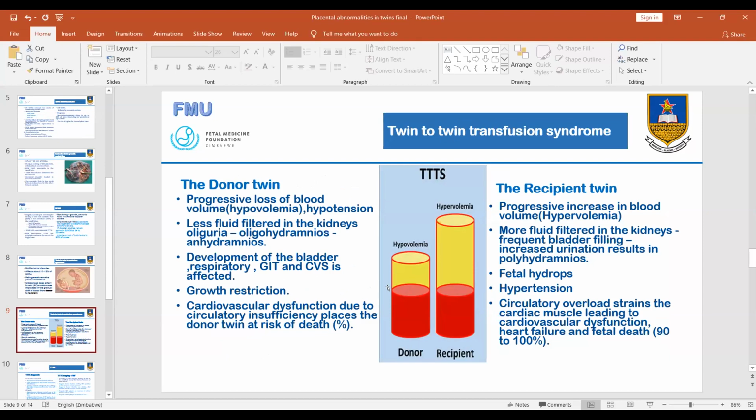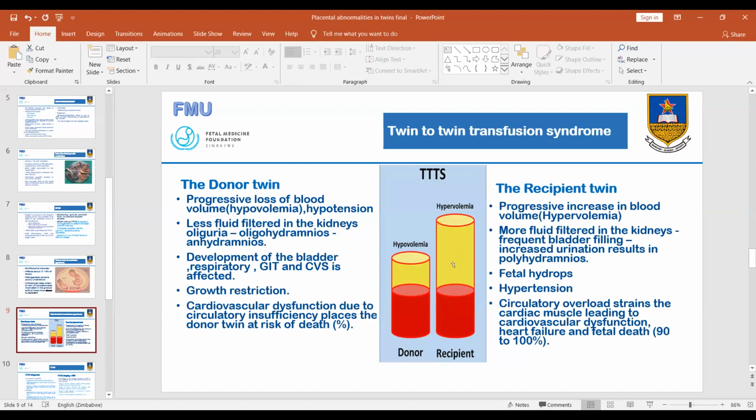Like what is shown in this image, we can see that the donor twin will end up having less plasma volume as compared to the recipient twin who ends up having hypervolemia, as compared to twin anemia polycythemia sequence, where we have a difference in the hemoglobin count, but the same